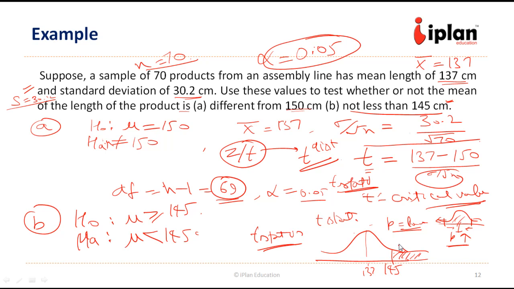What is this probability? That would come from the table, that P value, and this P value would come from the confidence interval or level of significance. So we compare whether the P value is less than 0.05 or greater than 0.05. If it is less, then we reject the null hypothesis. If it is more, then we do not reject. Okay, so this is how we broadly do hypothesis testing. Now let us take a few numerical examples so that we get clarity over the chapter.